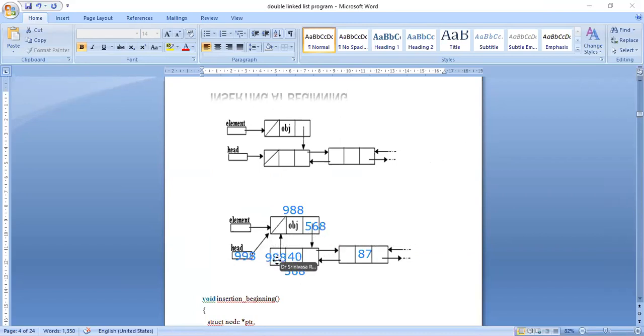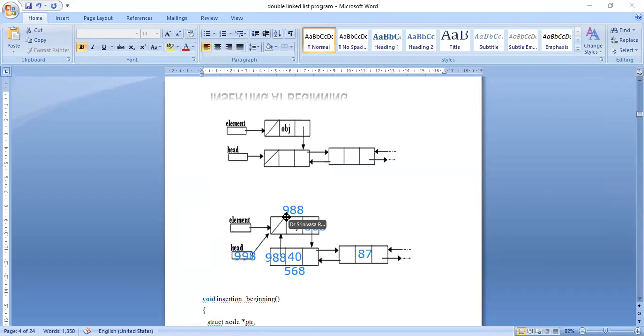One is change the value of previous part in 40 node. Next, change the next pointer in newly inserted element node, and change the value of previous part, that is previous pointer in the OBJ, that is newly inserted element, and next change the value of head, the head value should become 998.